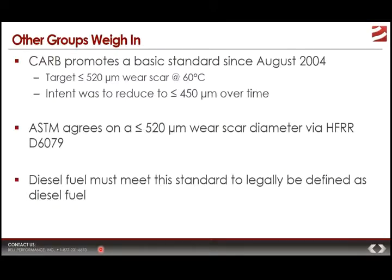And what that means is that diesel fuel, or something that you're calling diesel fuel, must meet that standard and every other specification that's in that packet, the D975 group, in order to legally be defined as diesel fuel. So you could have something that comes out of the pump that looks like diesel fuel and smells like diesel fuel and